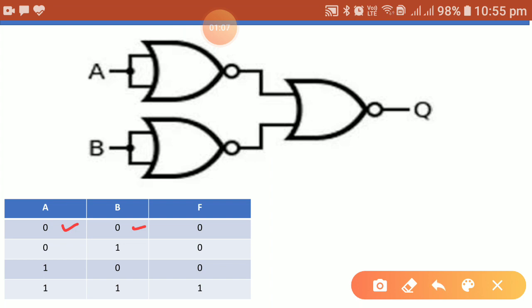Again we take the second row, 0 1. The 0 here is bifurcated into two parts, meaning 0 0, as the NOR can receive at least 2 inputs. So we have to pass 2 inputs in any case. Here we have only one input, dividing it into two parts, because the NOR needs 2 values at least.